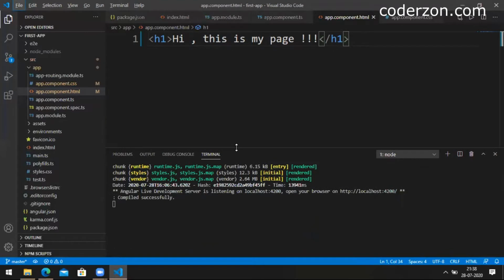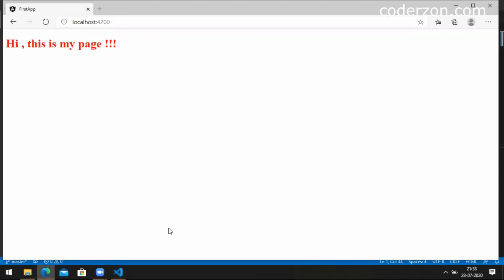I want to create a header component, footer component, and a main component that is common for all the applications, right? I mean, most applications have a header and footer and a main content area. So I want to create three components and wire them in the app component to create a page layout.